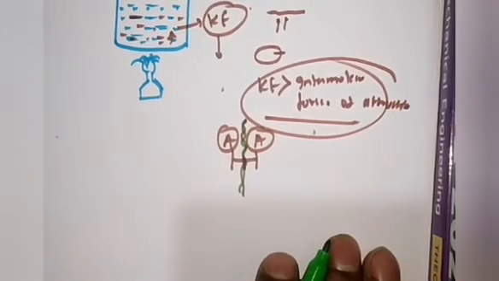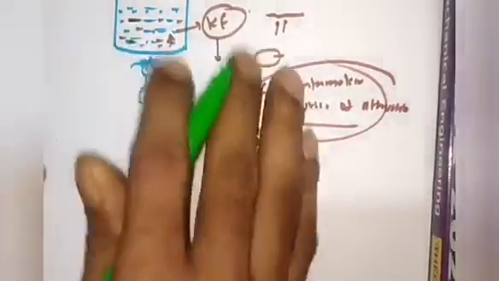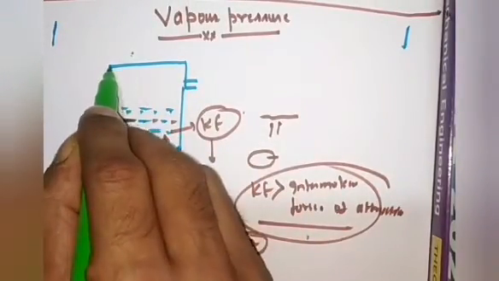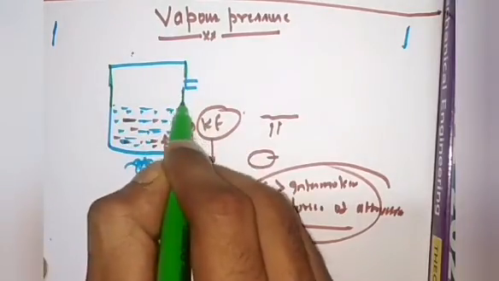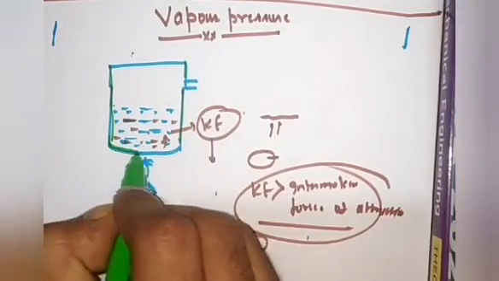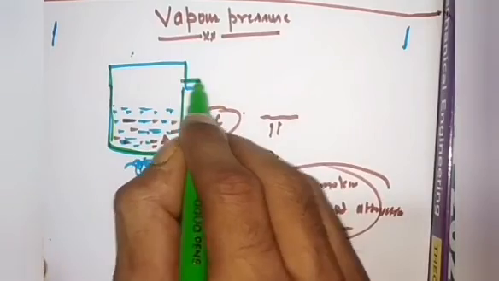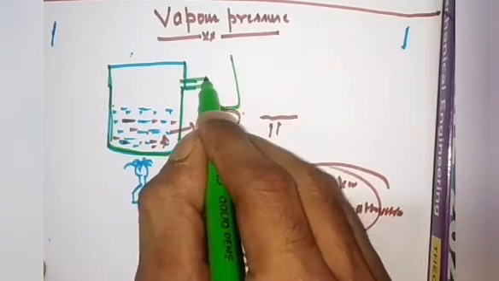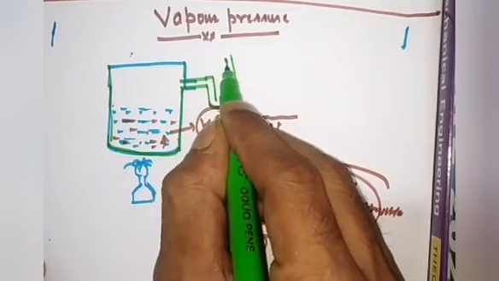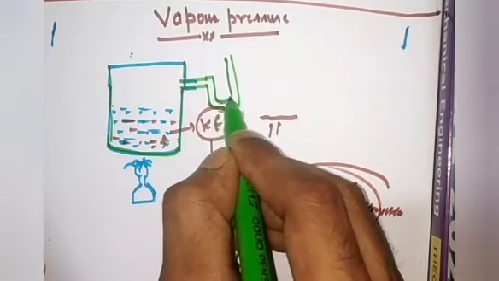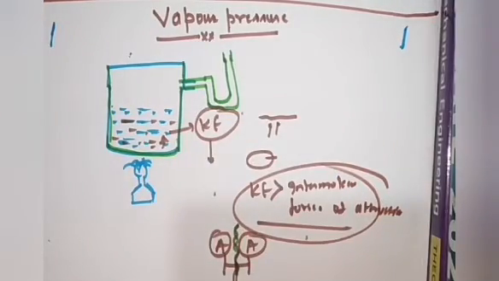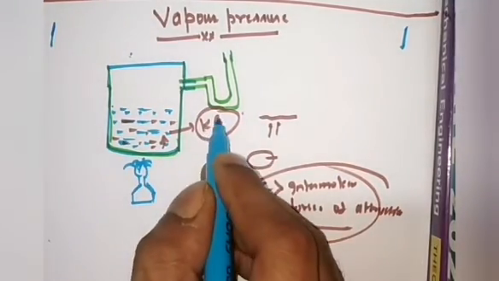Now try to understand the concept very minutely in this particular container. What will be happening in this container? I am just putting a manometer over here, and you all know the function of a manometer. A manometer is used to measure pressure. Now we want to measure the pressure.